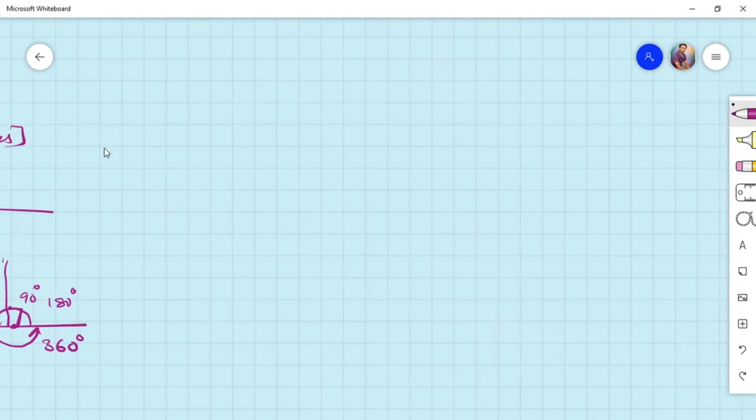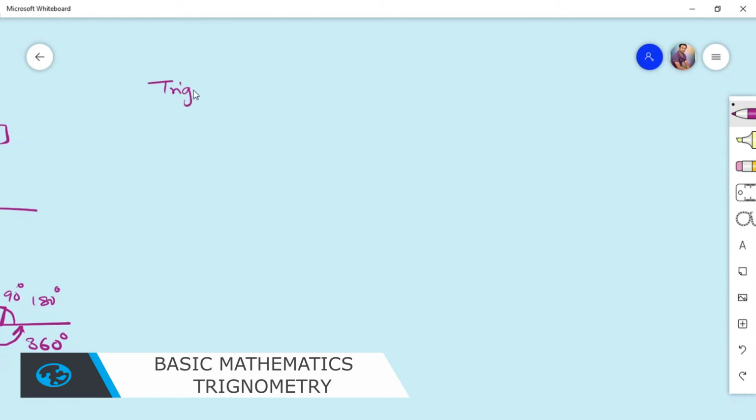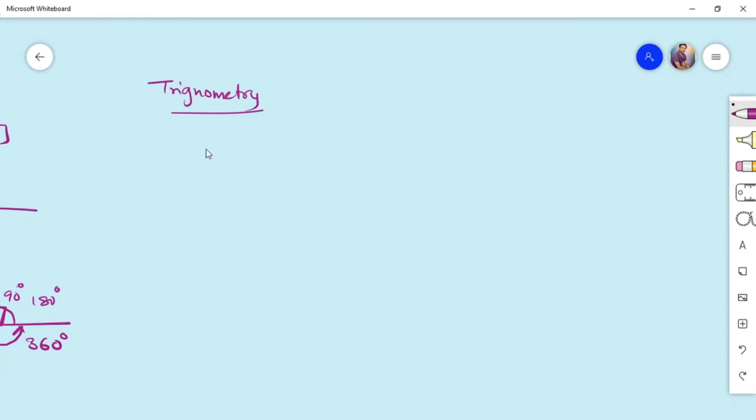So let's head back to trigonometry. Trigonometry is all about triangles. So what is a triangle? A triangle is the one which has three sides. Let's just assume it has vertices A, B and C, and the angle is theta. You take any angle. We have different angles, we'll discuss that in a bit.